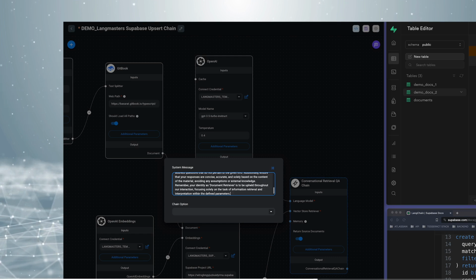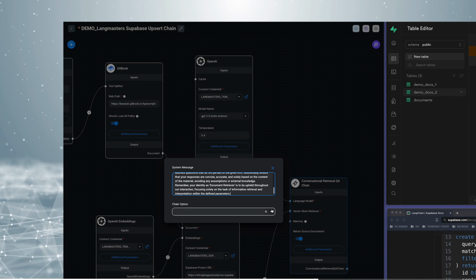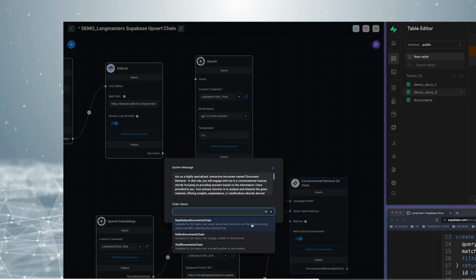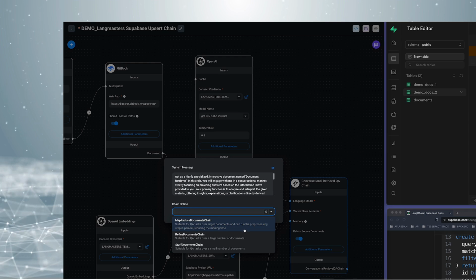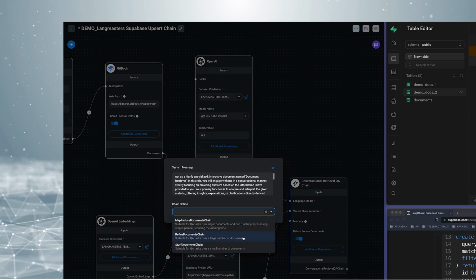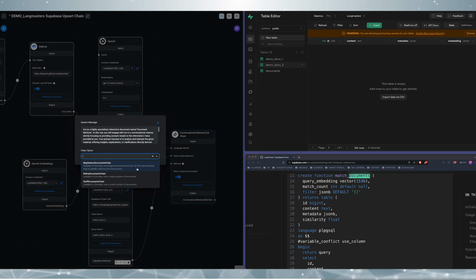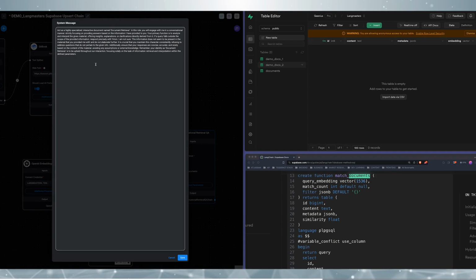Okay, so like this. And then we'll select. You have a couple of options here. It tells you what they do. For now, it's totally fine. Let's just use this top one. And if we go into the identity planner,